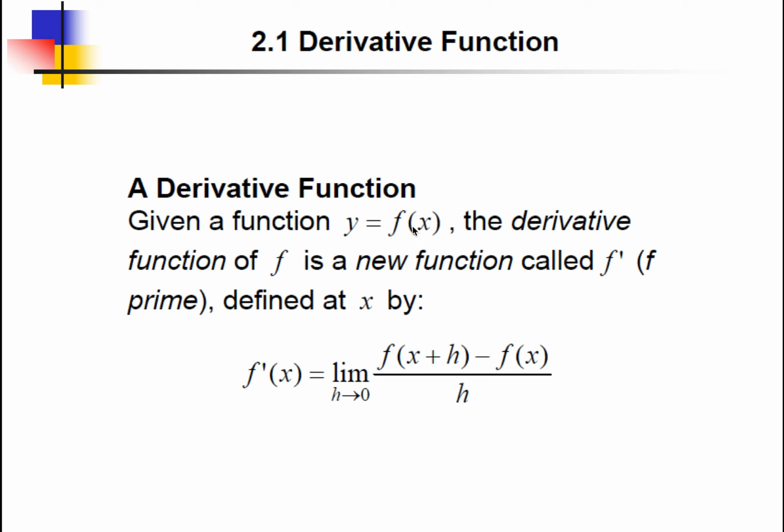The instantaneous rate of change, again, could be defined as the slope of the tangent to the curve of f of x at any point x. So technically it is the vertical change divided by the horizontal change. So y over x, delta y by delta x. Now, as we are familiar with this